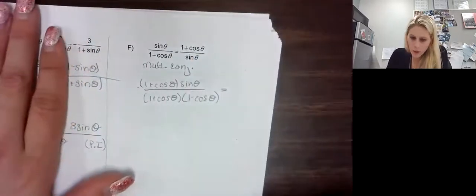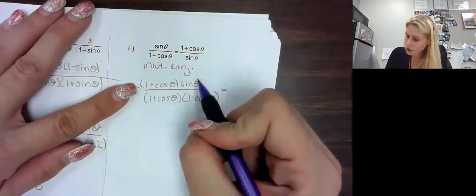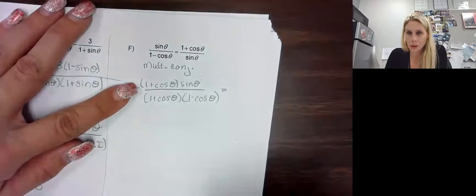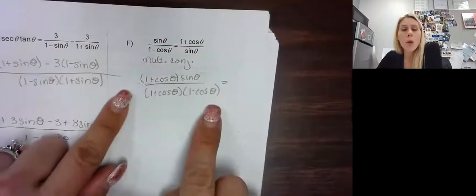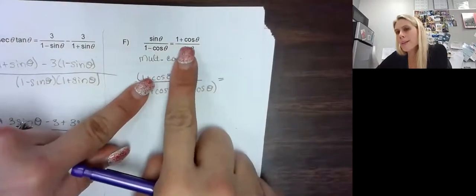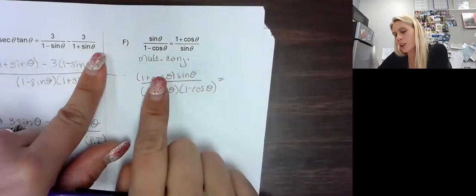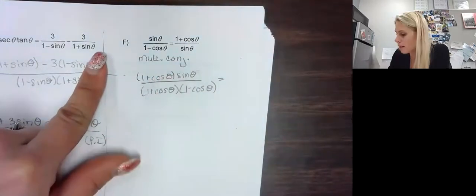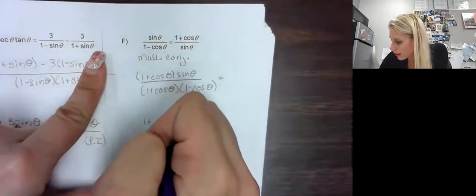Now what I'm going to do is on top, I'm going to distribute that. Or actually, you know what? I'm not going to distribute it. This one I distributed. This one I don't want to. Why wouldn't I want to? Well, because I see what I'm trying to make it look like. It's halfway there. Do you guys see that? So I'm actually not going to distribute on the top. I'm going to keep the numerator as 1 plus cosine theta